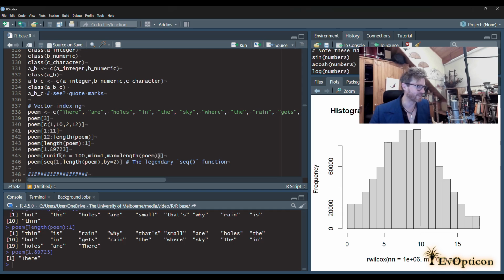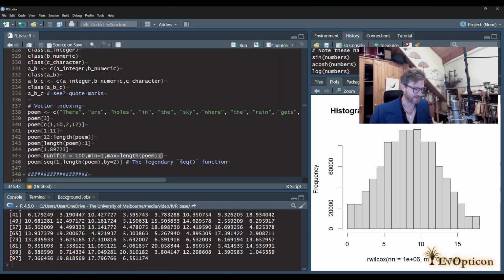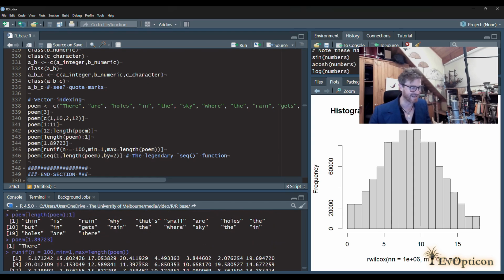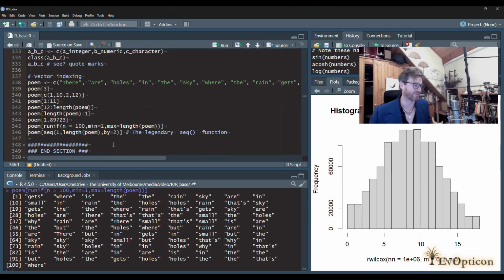Okay, so I previously showed you the random uniform function. The first argument tells you how many uniform numbers I want, and I've added some more arguments here. I've put in a min and a max, so you can kind of guess what this is going to do, right? It's going to give us random uniform values between 1, the min, and what's the max? It's the length of the entire poem. So if I run that, that's going to give us those random numbers, and then as we saw, if numbers are not whole numbers, they'll just be rounded down. So if I run this as the index, it's going to give us a sort of randomized poem, just 100 random words